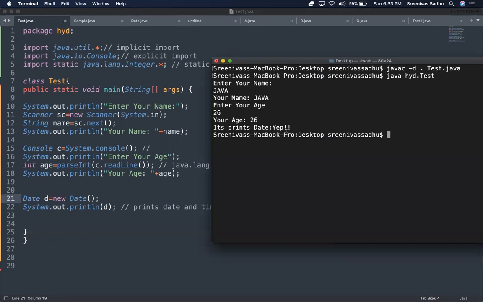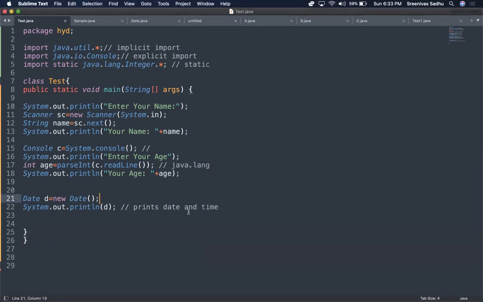Why is it not happening? It's not happening because this Date class, even though it is available in the java.util.star which I am importing, has its priority overridden by the Date class which I have written over here. I have a Date.java which I wrote on my own, and it is available in my package HYD.